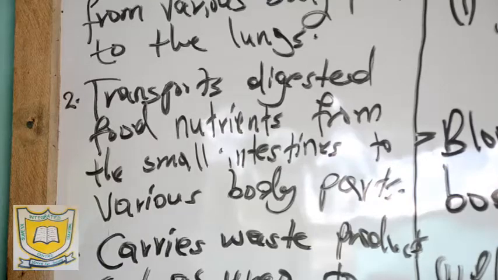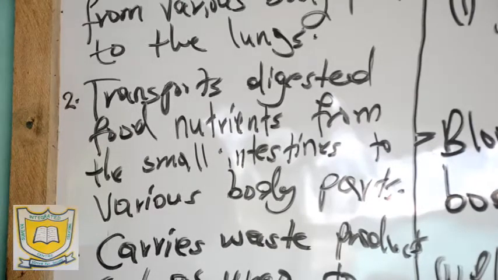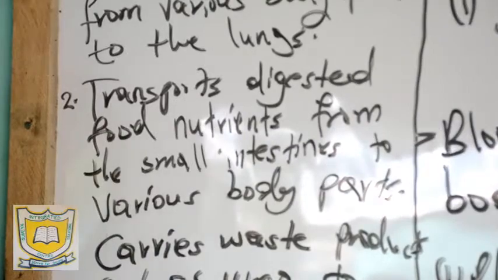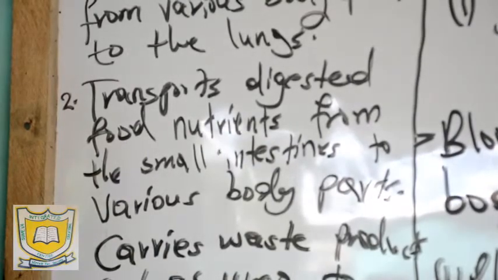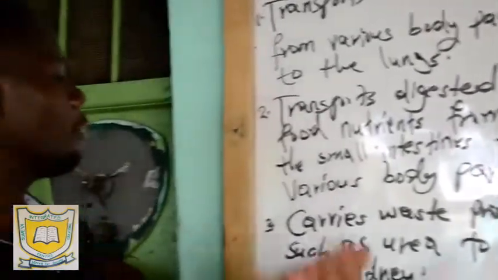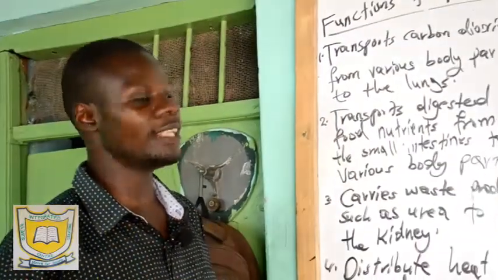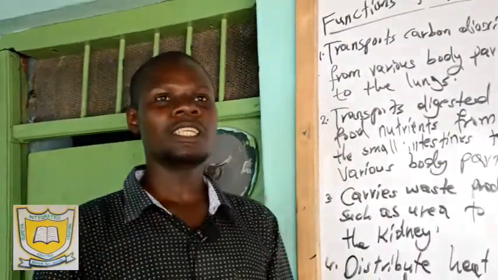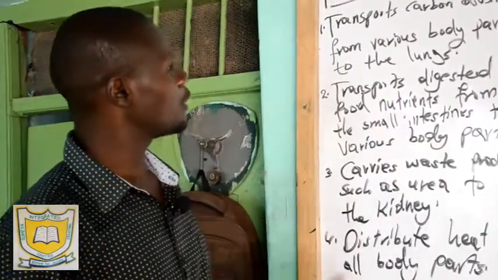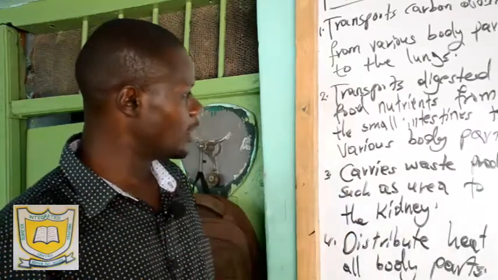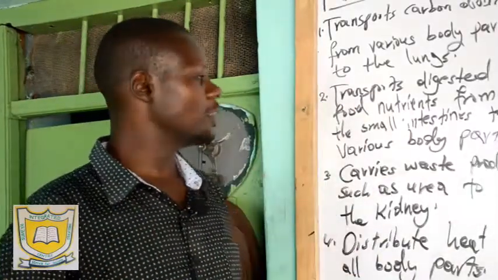So these different types of food, we have the proteins, carbohydrates, minerals, salt, etc. All those foods, after being digested, the nutrients are supposed to go to the body and work. So what will transport them from the small intestine after absorption? If they are digested, they are absorbed from the small intestine to other parts of the body to work. So the plasma is the one that will transport them from the small intestine to other parts of the body